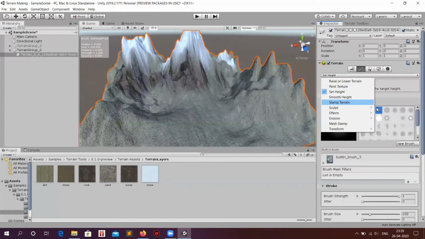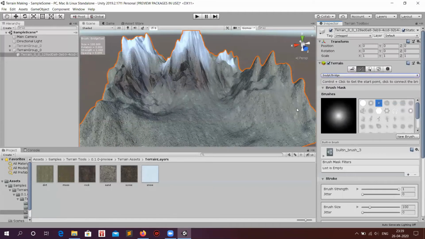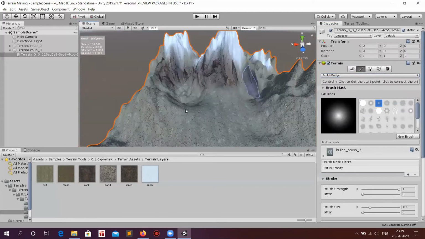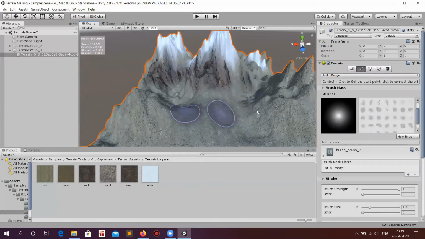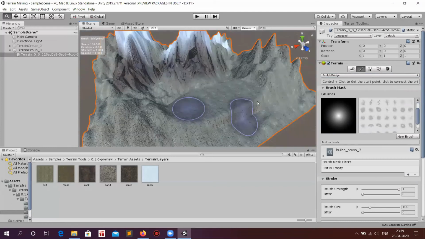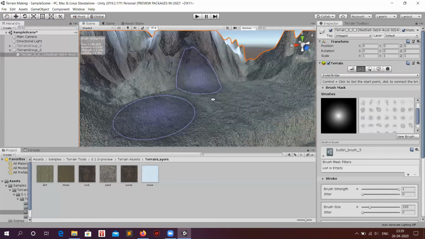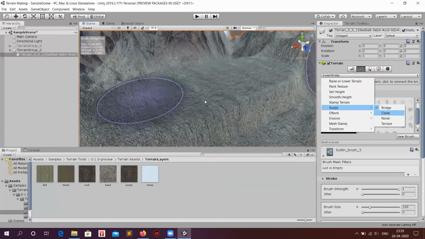And then there's another option, that is bridge, in the sculpt feature. If we select the bridge, we press Control and select a point, and then select another point, the bridge will be created. See, a flat surface. This is what the bridge option does. There are a lot of options that you can play around with.